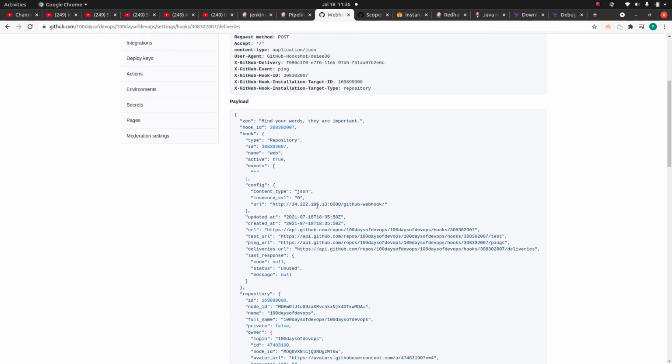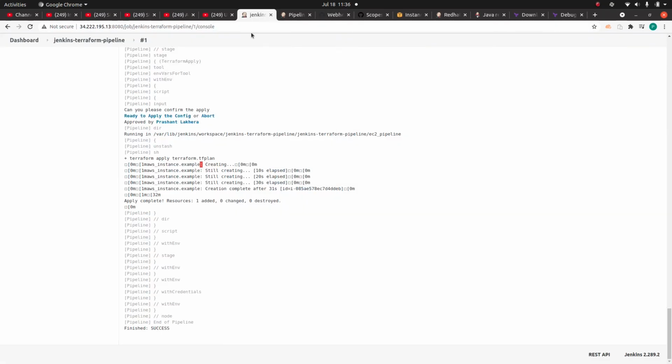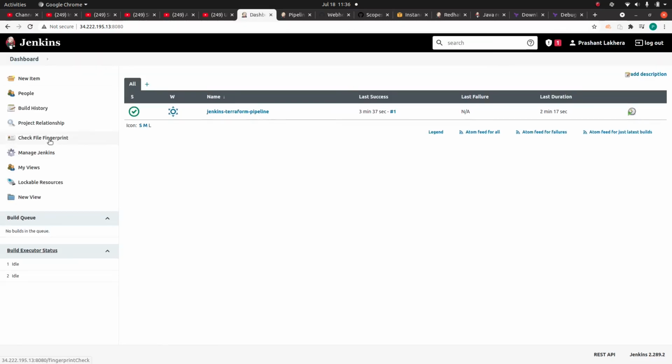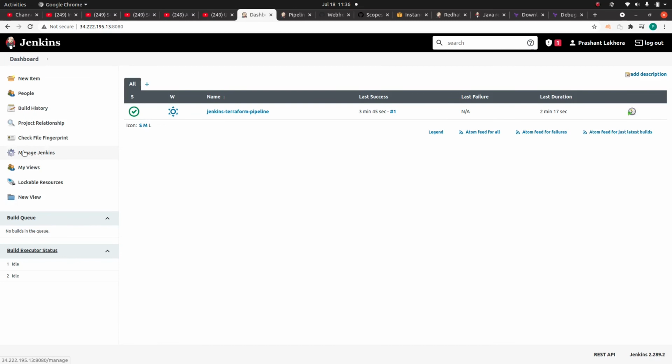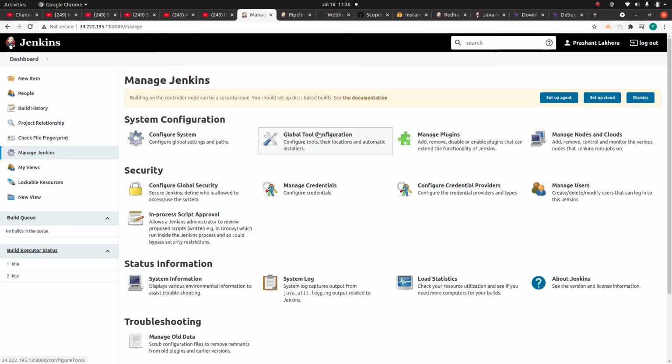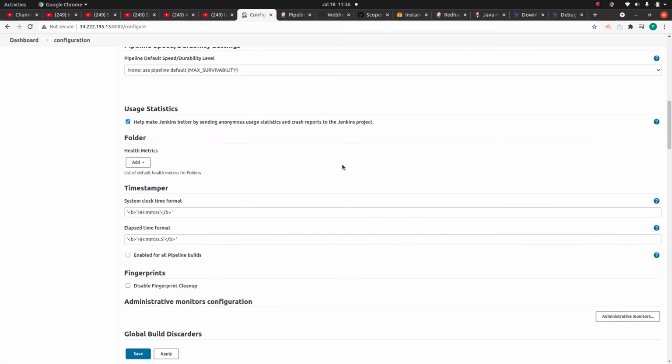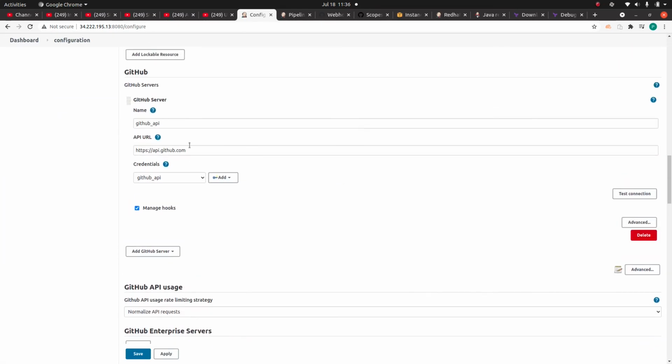So basically we have configured, if you remember, and as you can see, the build runs successfully. If you remember, manage Jenkins, configure system, we have configured this GitHub API token here, right?